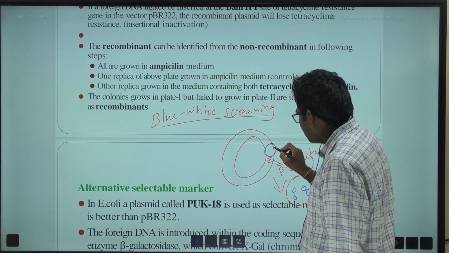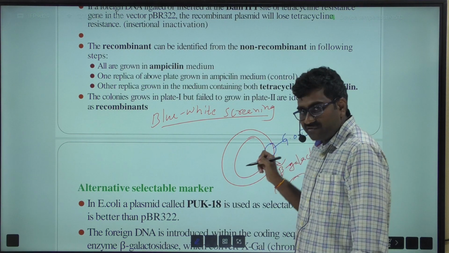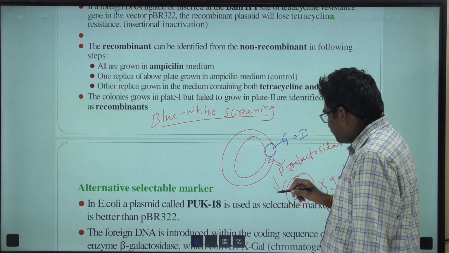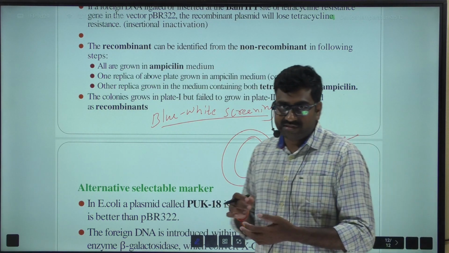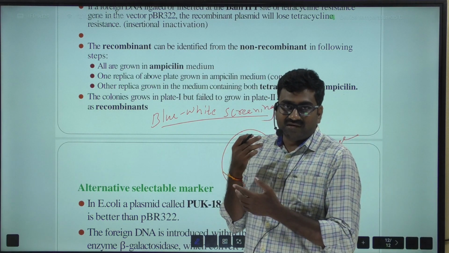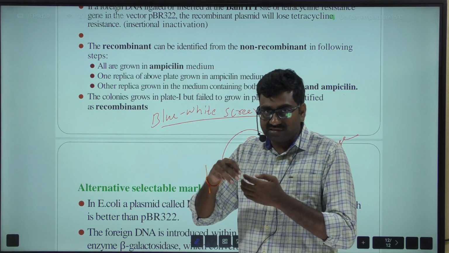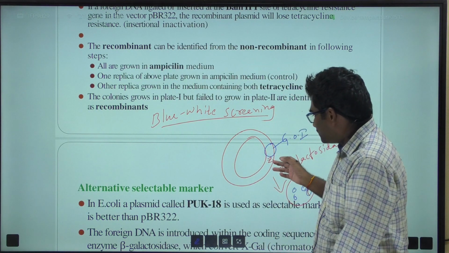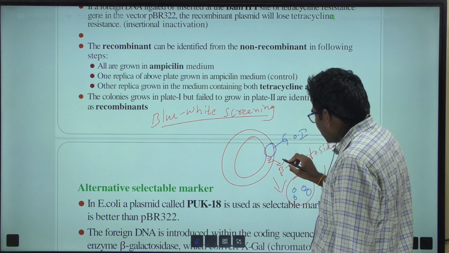If we insert our gene of interest at the lacZ region, the lacZ loses its function, just like when the gene of interest was inserted in the tetracycline region and tetracycline lost its function. Here also this lacZ gene loses its function, and it cannot